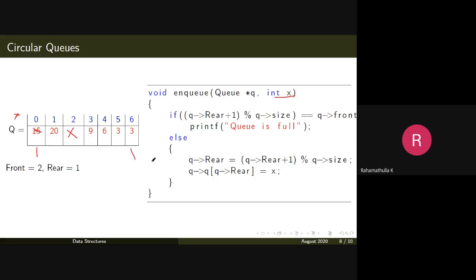At that condition, you can say that the queue is actually full and you cannot insert any more elements. So this is front and rear is pointing here. You can store only n minus 1, or size minus 1, number of elements. There are 1, 2, 3, 4, 5, and 6 elements. 7 minus 1 equal to 6. That many elements are already present. So you know that the queue is full now.